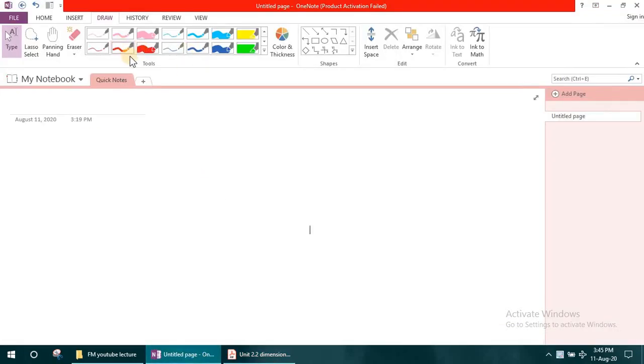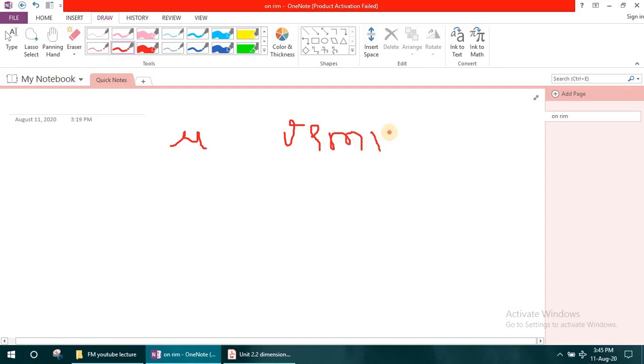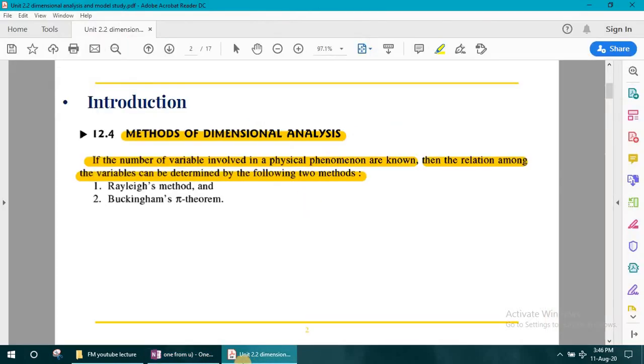Let's consider any physical phenomenon. Suppose we consider the viscosity of a fluid. This is a property of a fluid which depends on, suppose, velocity, density, mass of a fluid, volume of a fluid. So these are some variables which are known to us. Then if someone has told you to establish the relationship between these variables, suppose viscosity is a function of these four variables, then we can develop a mathematical model or dimensionless model, which is known as dimensional analysis.